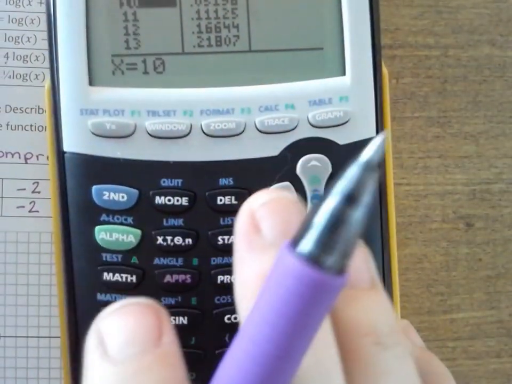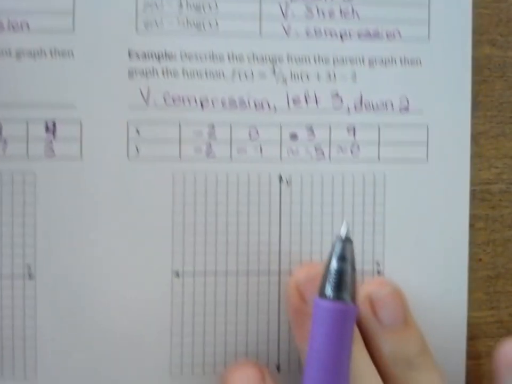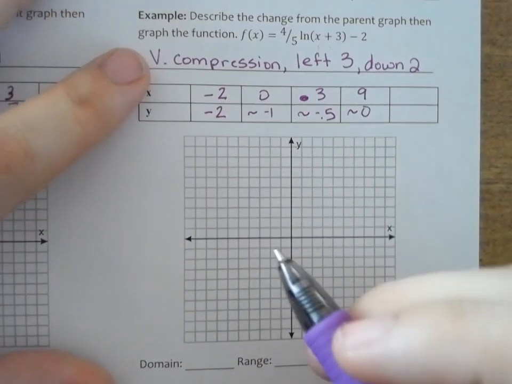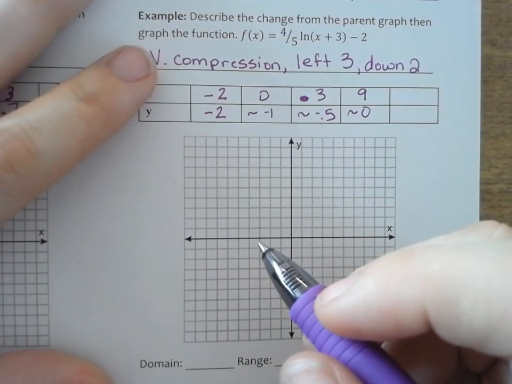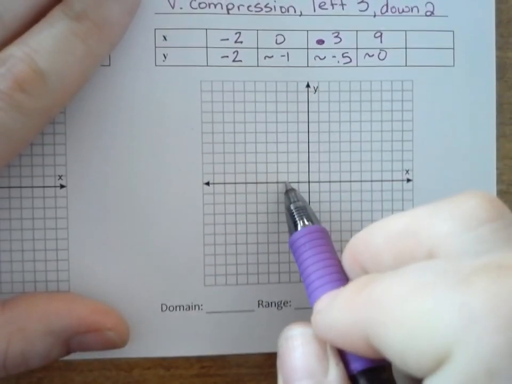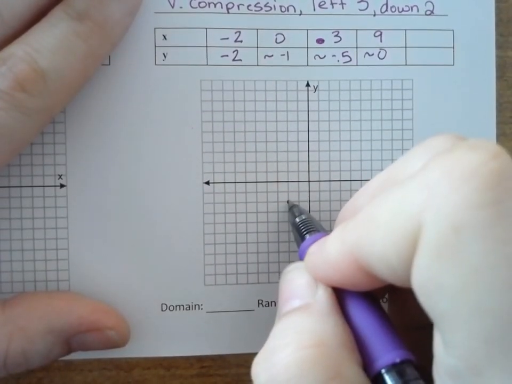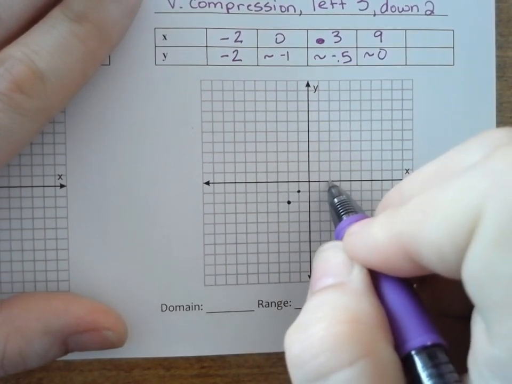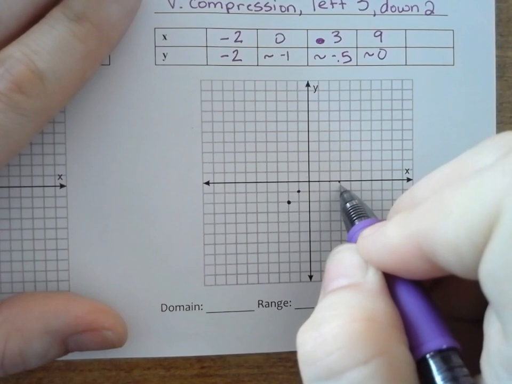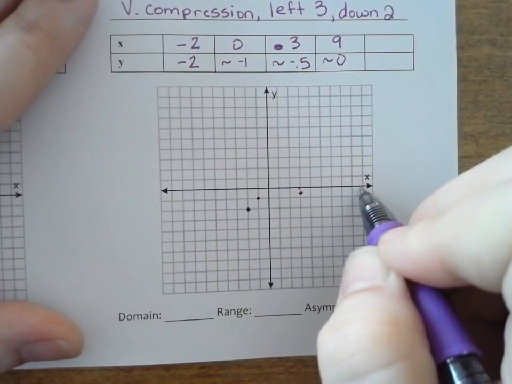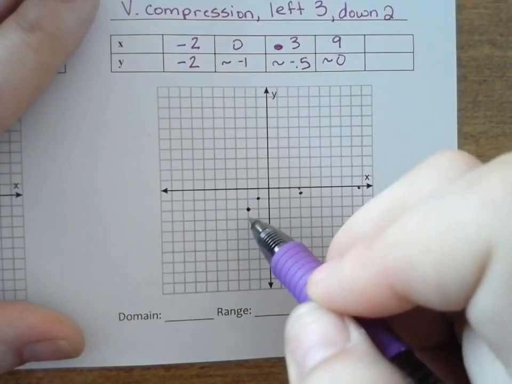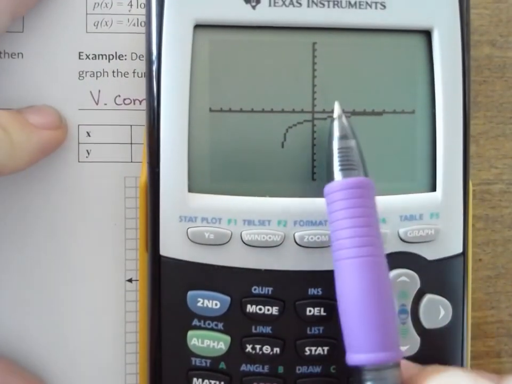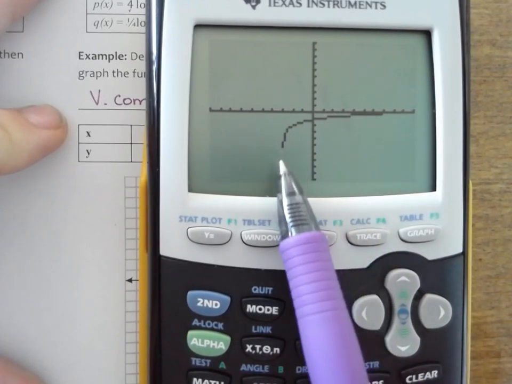Okay, so let's see here. Graphing this, it looks like we have -2, -2, 0 about -1, 1, 2, 3, that's about -0.5, and 9 is about 0, not quite. Okay, but what's happening over here at -3? Remember, you can always go in here and look. It looks like it's going to get very close to this line,